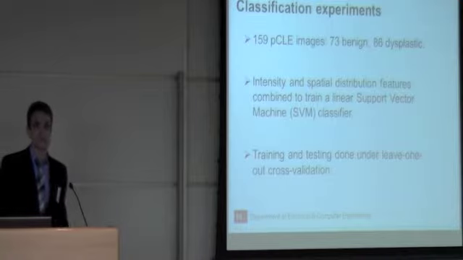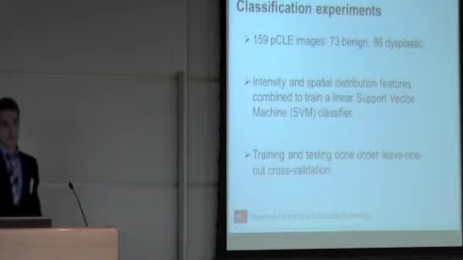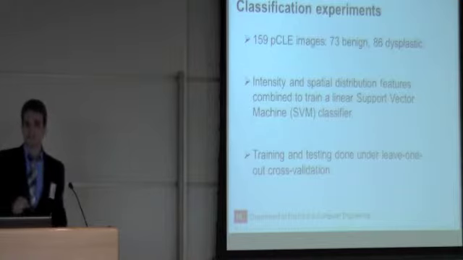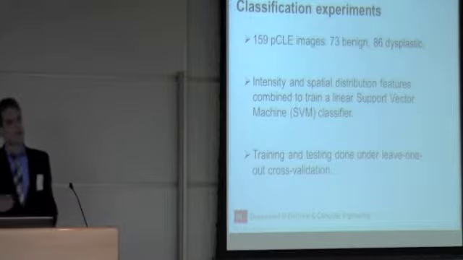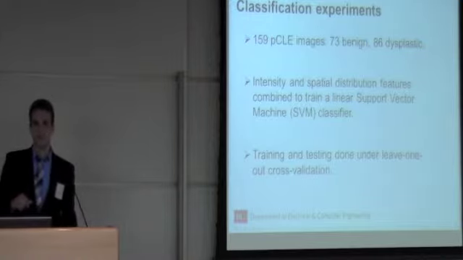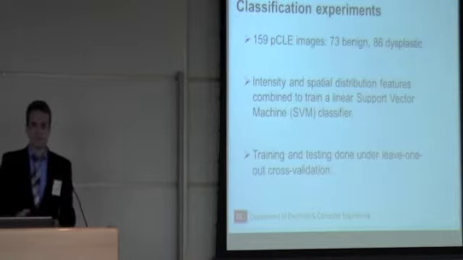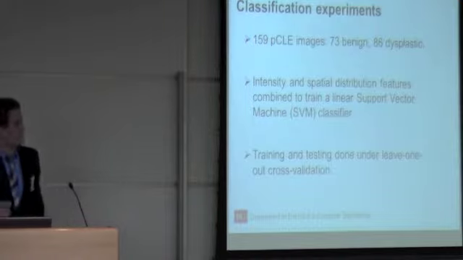We used the same data set of 159 PCLE images. 73 images were benign, 86 represented dysplastic tissue. The intensity and spatial distribution features were combined to train a linear support vector machine classifier. And training and testing were done under leave one out cross-validation, since, as you can see, the data set is limited in size. So that's a standard approach to go, where at any given experimental session,